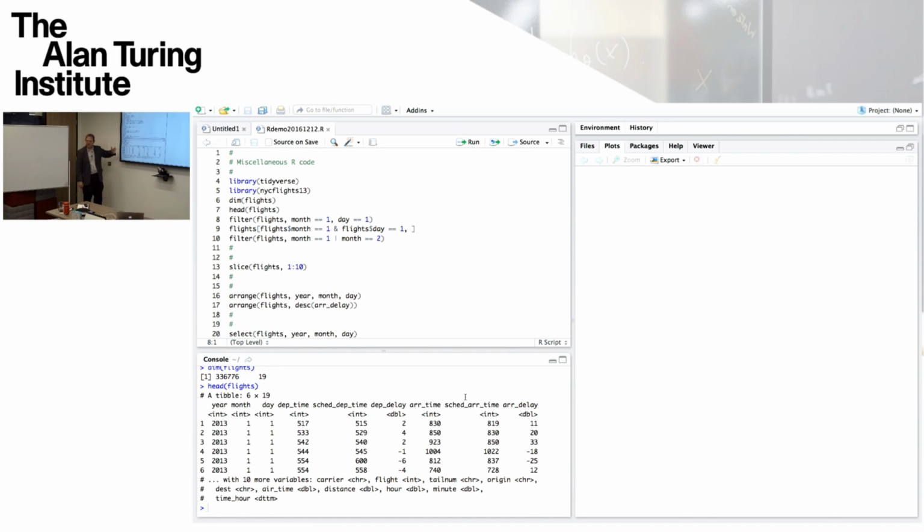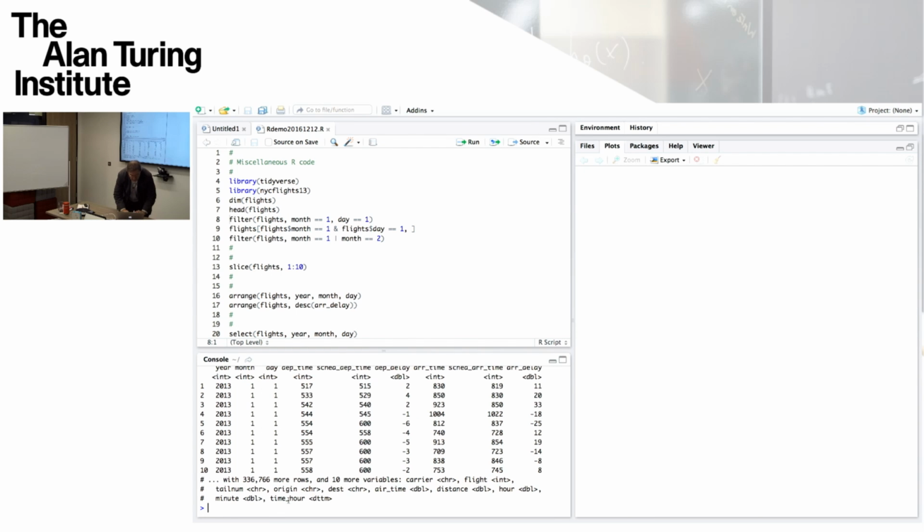One of the tidyverse packages was a tibble package. So a tibble, I suppose it's a pun on table, is a variant on your table, and it makes it a lot more convenient to work with big tables. So I think if I said flights without the head, so if I just type it, yeah, I get a similar thing.